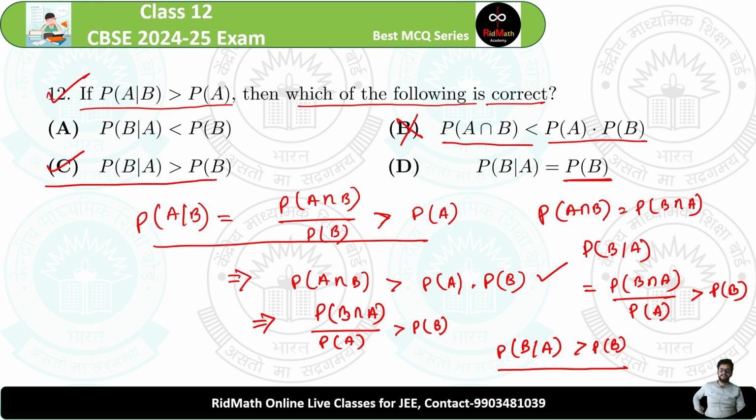P of B condition A is greater than P of B. Okay, next problem